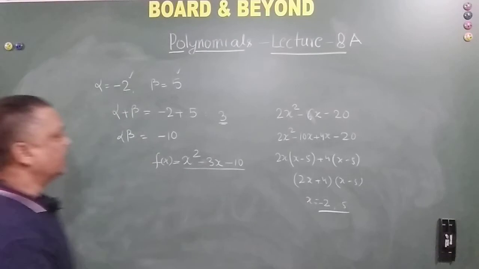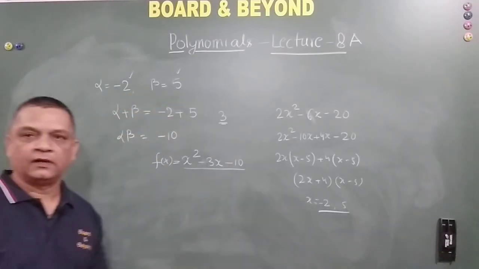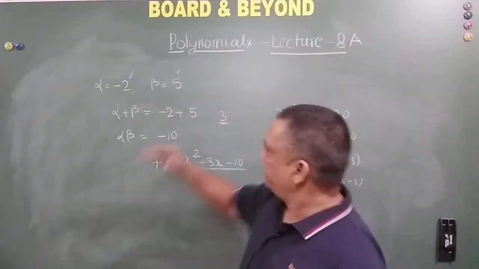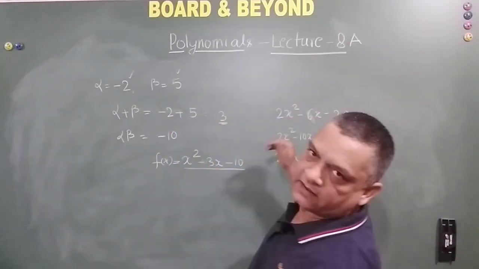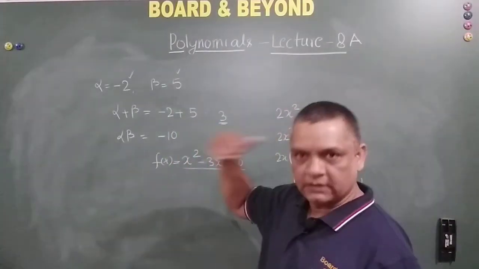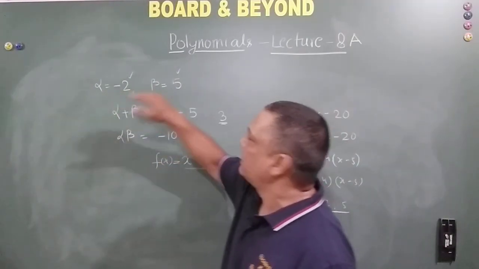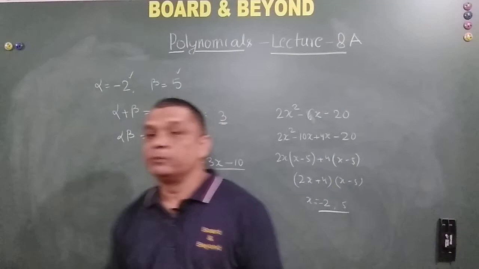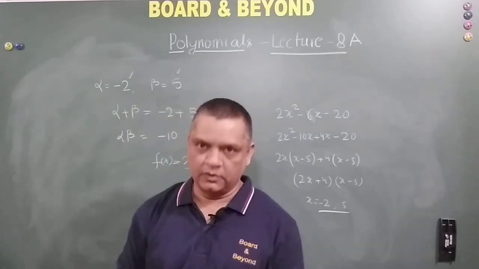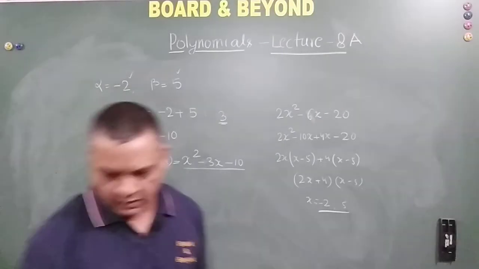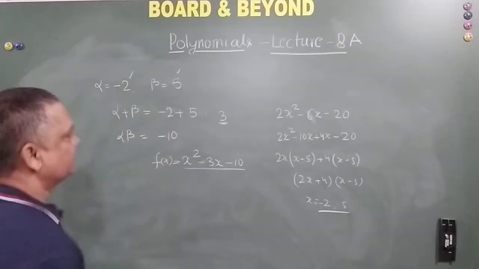See, again we have landed in the same situation. So we can actually multiply with 3 also, right, across the equation. So with roots as minus 2 and 5, we will be able to form 3 or more quadratic polynomials which will have these roots. Okay, let us move on to the next one.